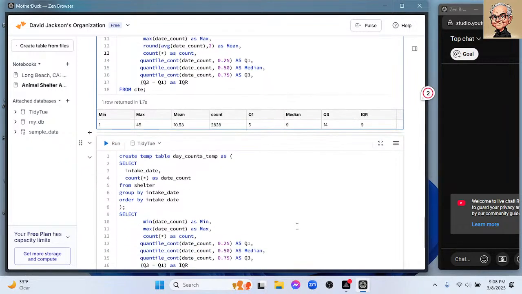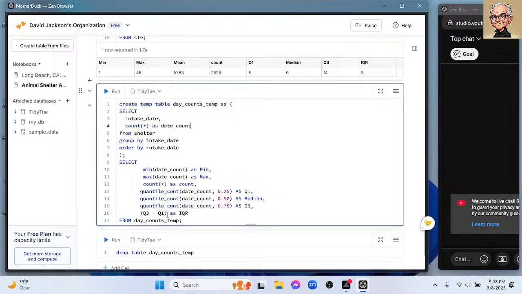Now, there is a second way to do this. We can do it with a temporary table. Okay, you can say create temp table, day counts temp. We come down here, and we're going to run the same query. Now, if this works correctly, the idea of a temp table is